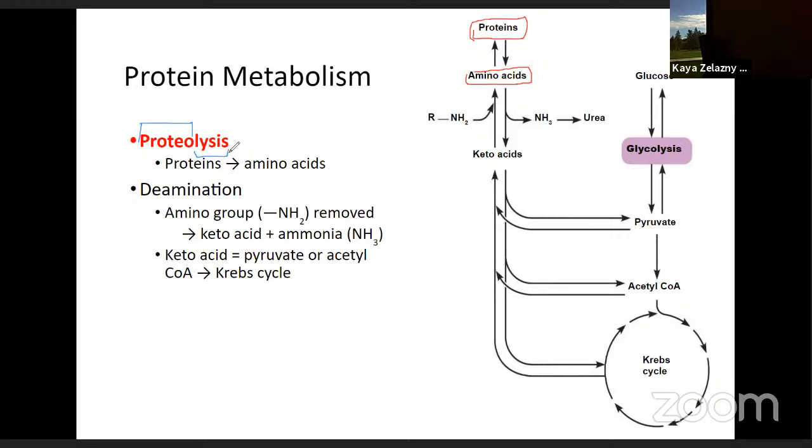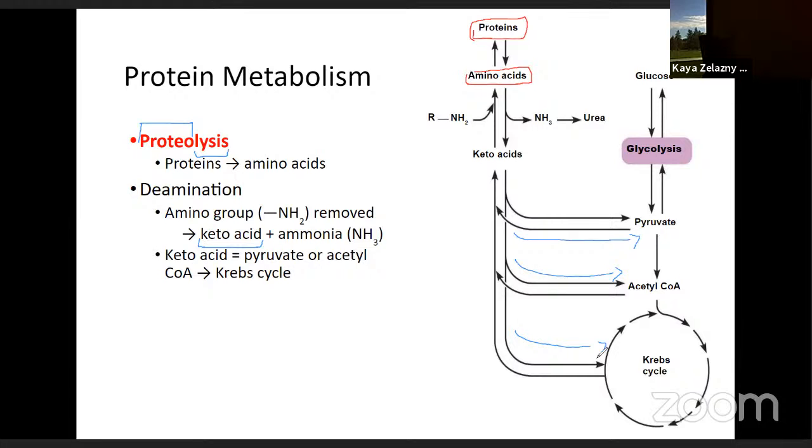Depending on what amino acid you're breaking down, you'll get a different resulting product. But pretty basically, we're going to get an ammonia group removed. So ammonia will come off, and your body will then urinate it out. Your body will remove this waste product. And we're going to get this keto acid as the remainder of our amino acid. And that keto acid will either be converted into pyruvate or acetyl-CoA, and it can go in around these steps of our normal metabolism pathway or cellular respiration